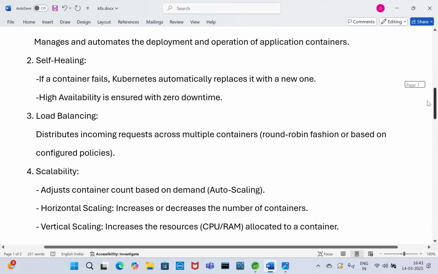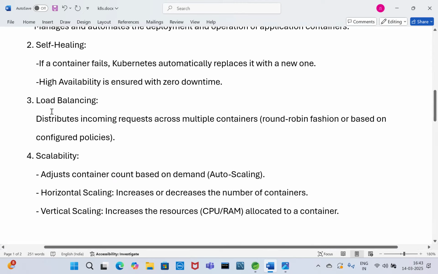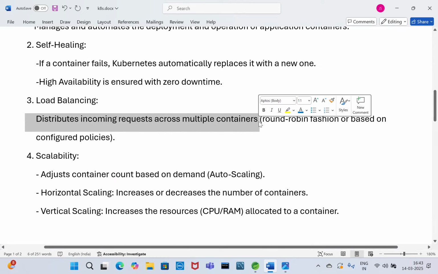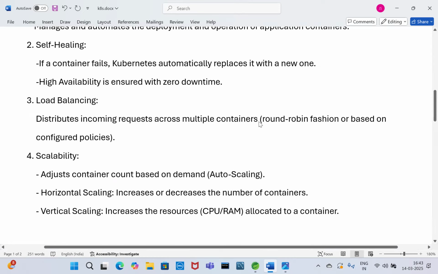Remember, zero downtime. Load balancing distributes incoming requests across multiple containers. Based on the traffic, it will distribute traffic to the multiple containers, using the round robin fashion or based on configured policies.